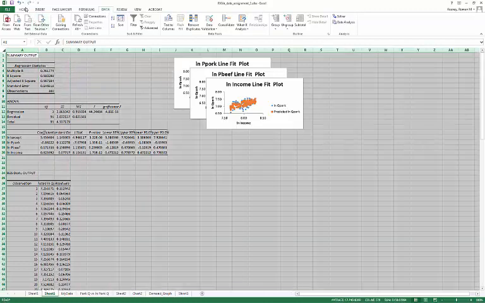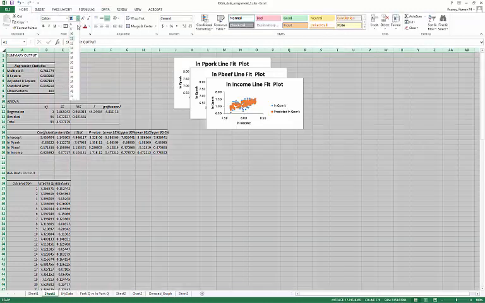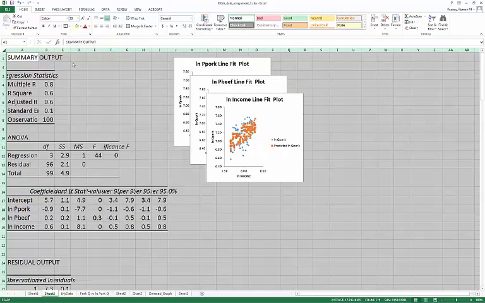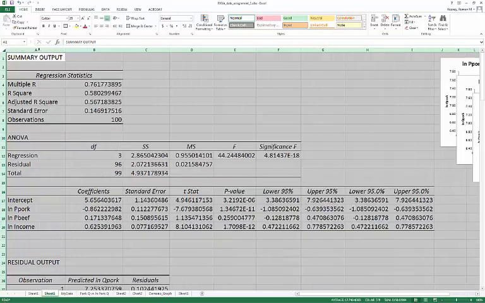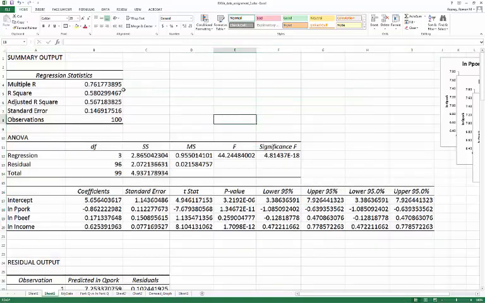I'm going to do one other thing here that you can avoid if you don't want to do it. I'm going to make all the cells a little bigger so that you can read what I'm doing, and then I'll hit that expansion again. Okay, so I have all this output. First thing we might look at would be the R squared and the adjusted R squared. So 58%